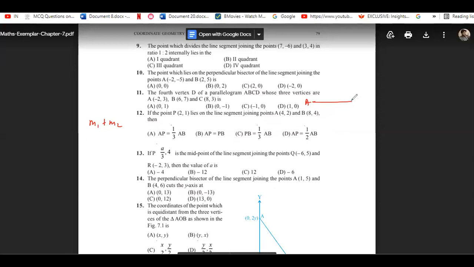Whatever ratio you get, suppose you get the ratio 1:2 for this point. Then you can write that AP upon AB is equivalent to 1 over 1 plus 2, which is 3, because AB will be 3 parts. So AP will be 1/3 AB. So when you calculate, will you be able to solve question number 12?